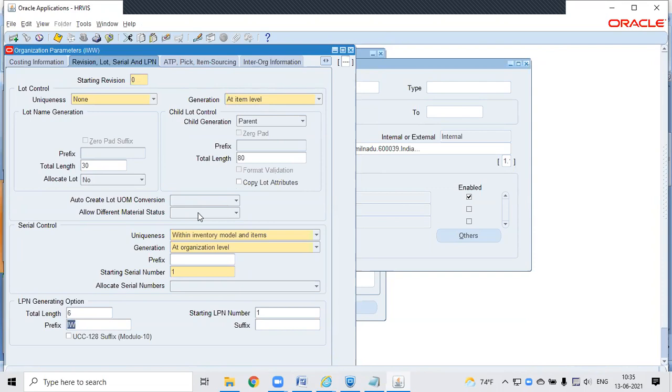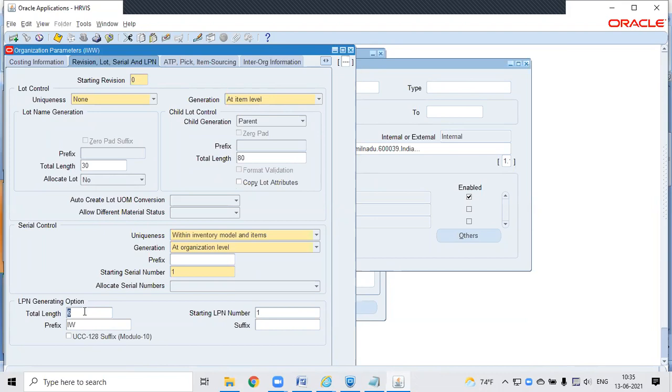It is the same as that one. By default, it will take from here, but you have the option to enter any LPN number through the system. It depends upon the business how they want to design the system. But we always tell them that if you want default printers to be printed, default LPNs will be generated from this option, and it will give you the next LPN when we go for generate new LPNs. But you can define predefined LPNs and you can reutilize them also. That is not an issue.